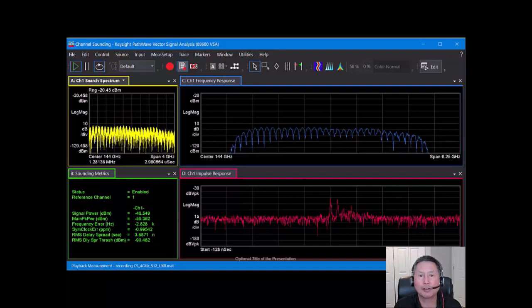This trace shows the various reflections in the channel. This includes their location and time, their amplitude, and if you were to select a different trace format, their phase relative to the measurement carrier. If the channel were purely a flat channel, you would only see one path. Depending on the physical arrangement of the transmitter and receiver, you can interpret the paths that you see in the impulse response. If the transmitter and receiver were on either end of the room, you can interpret the highest path as the direct line of sight path and the other paths as reflections off the walls of the room.